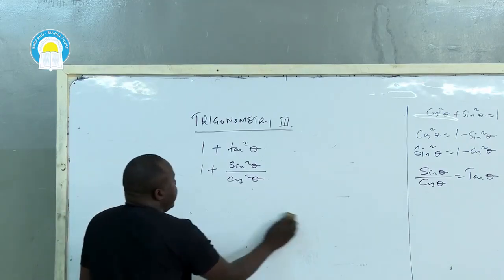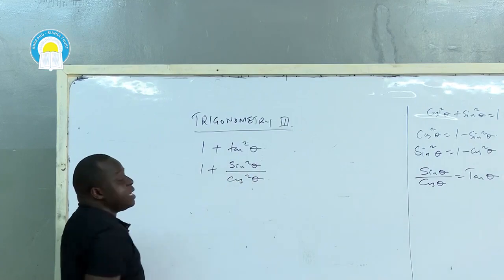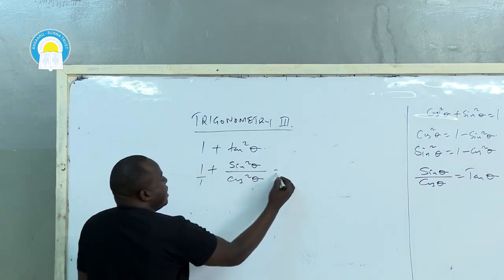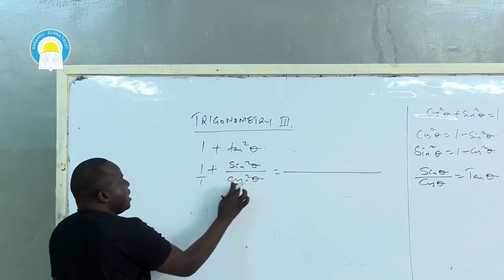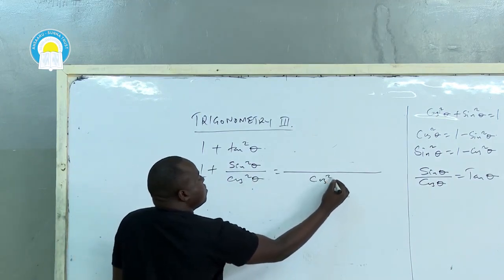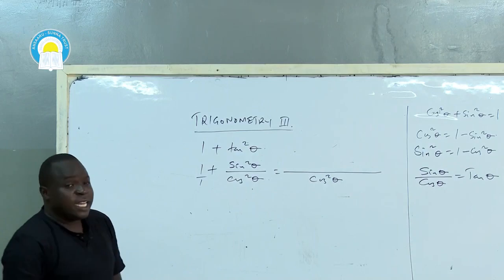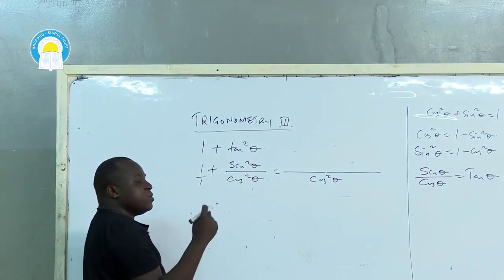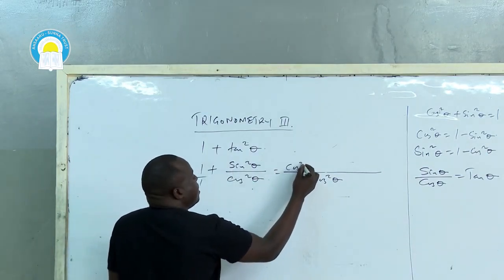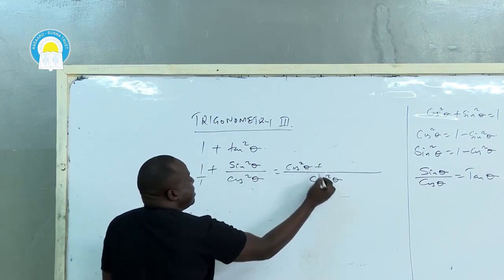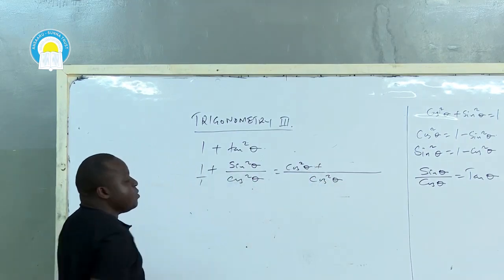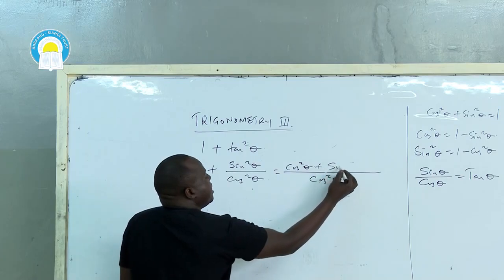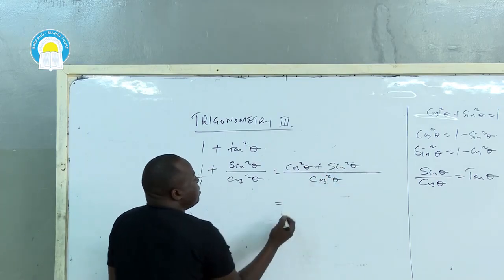So for this question, I have 1 plus sine squared theta over cos squared theta. I'm simplifying. I'm not yet done. Long way to go. So the next thing you'll do is get the LCM of 1 and cos squared theta. And the answer should be cos squared theta. The next, cos squared theta divided by 1, the answer is cos squared theta. Then times 1. The final answer, cos squared theta. Plus cos squared theta divided by cos squared theta, the answer is 1. 1 times sine squared theta, it should be sine squared theta, which equals